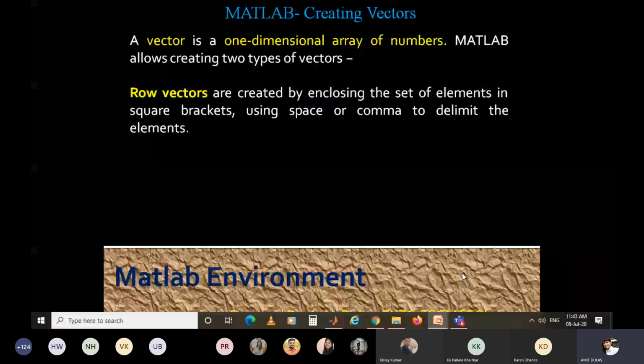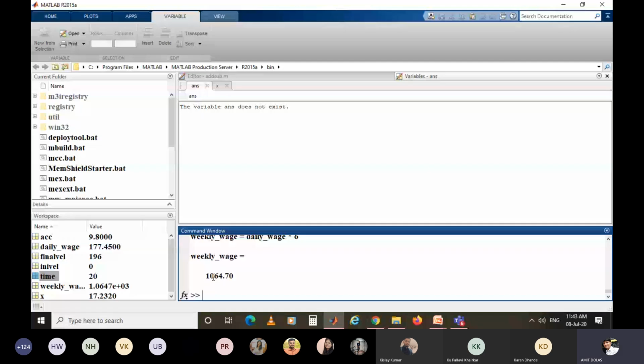It is not bank, it will be format bank. And then you can see here after the decimal point there are 2 digits which are rounded off.